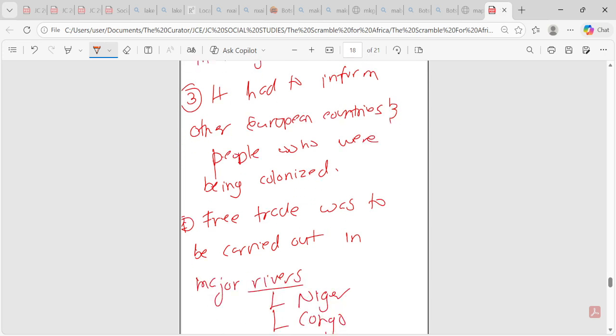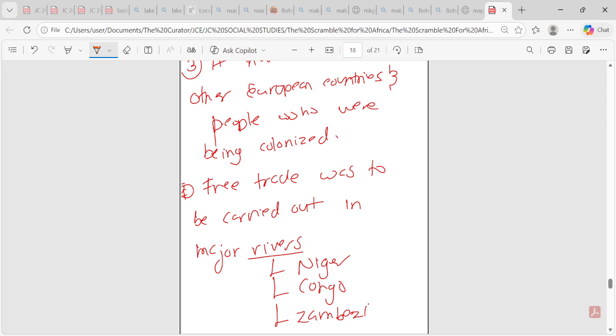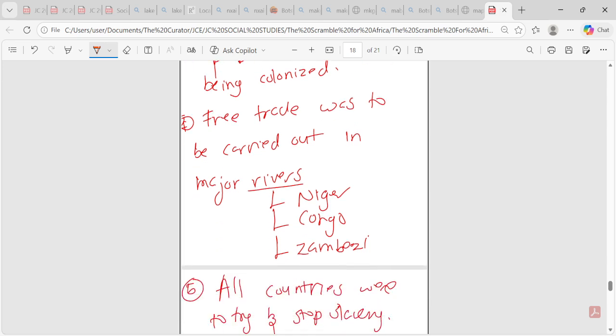Number four, free trade was to be carried out in major rivers. So there's this concept of free trade here. I think free trade means that people are not paying duty. I think it's called customs duty. So usually when you import stuff, when stuff gets into your country,